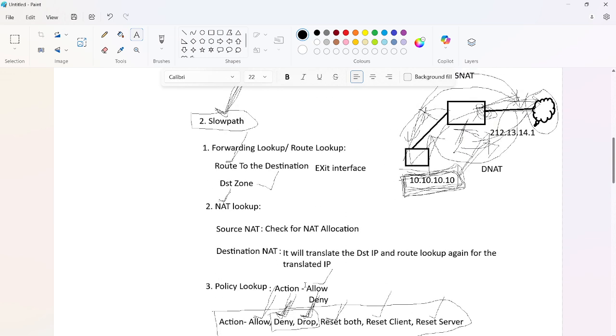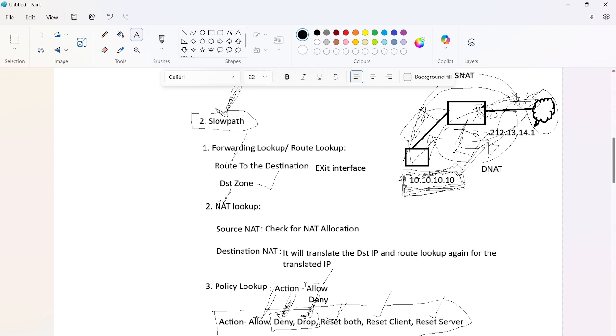Whenever you are browsing something on the internet, it will be using HTTPS, right? HTTPS means it is SSL traffic, which is in a secure manner. So whenever the traffic reaches the firewall in a secure manner, the firewall has to decrypt it to know the application that the customer is using. For suppose if you are using HTTPS